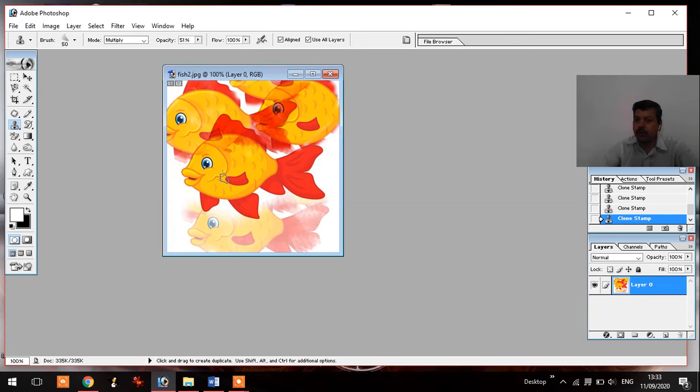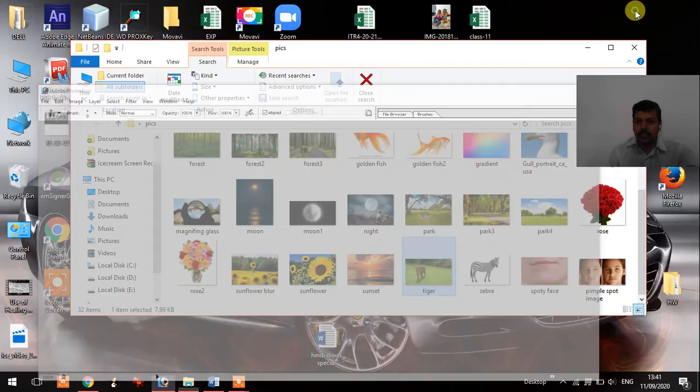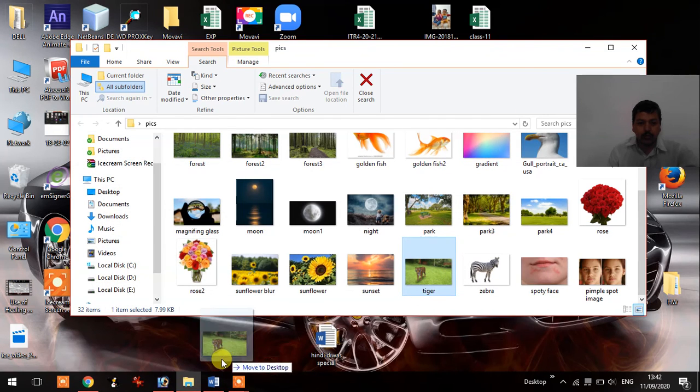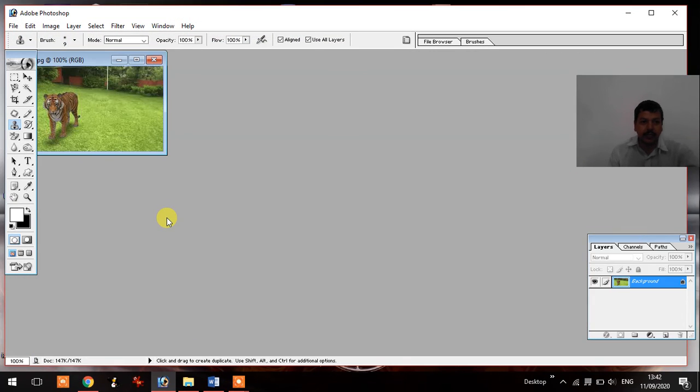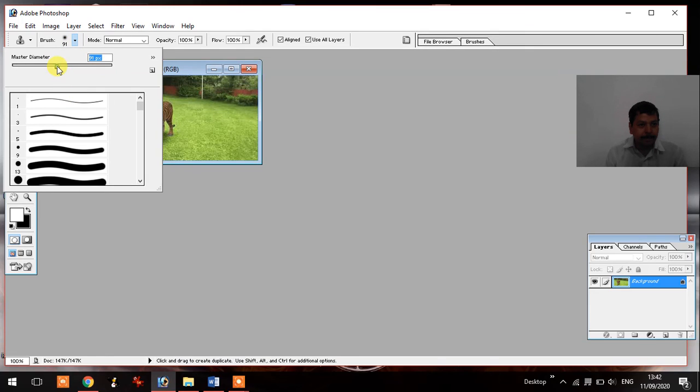You can also use this tool for removing some part of the image. If you want to erase some pictures using the clone stamp tool, just select it. Here you can see the tiger, and if you want to remove this tiger from the grass, then first of all you have to increase the brush size.